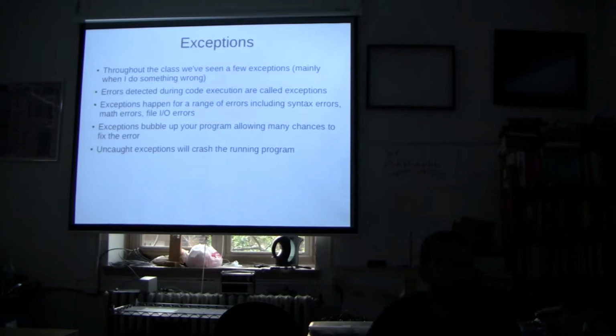So if you want to handle it in the second function for whatever reason, if that makes sense to you, do it that way. Doesn't really matter as long as you catch it. And handling it would be, if in the second function, say, if the third function returns an error, do something else instead? Exactly. So a concrete example would be file I/O, right? You're trying to read from a file. That file doesn't exist. It's going to throw an exception, right? And you have some read function that's just trying to read data. That's going to throw an error, and then the function that calls the read function is going to say, oh, I can't read right now. Here's what I'm going to tell the user, right? That's the kind of thing you'll do.